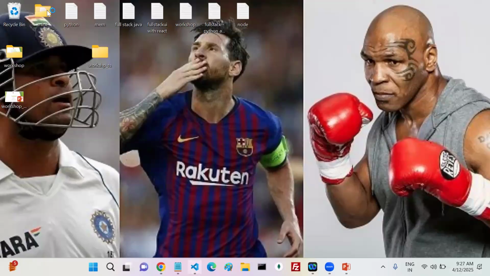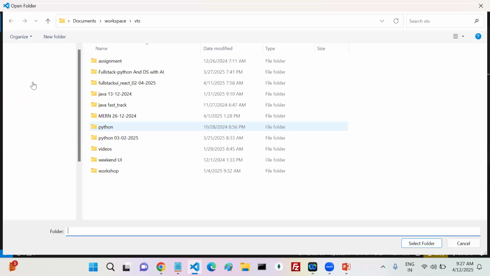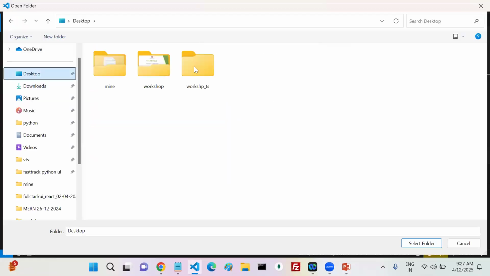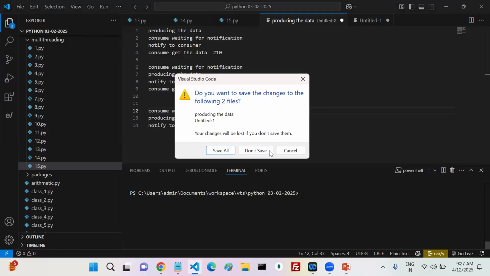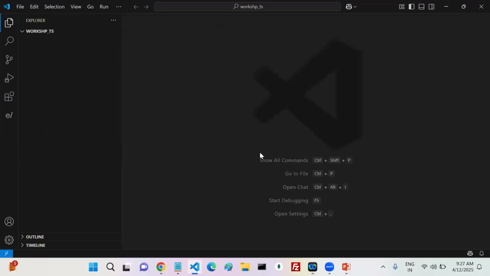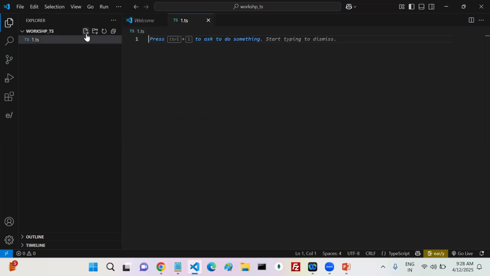Let me open that workspace from my ts code folder. Go to desktop, workshop, select folder. Okay, first thing, I want to create one ts file. The extension is ts.